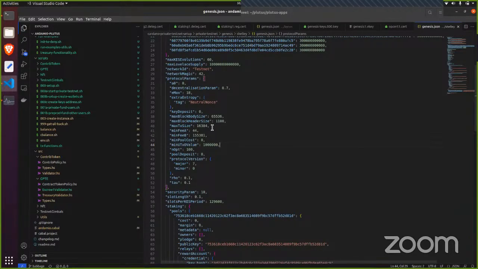Like here, min UTXO value is 1 ADA. We can change it to something else. Right now in mainnet it's the same thing: you cannot send anything less than 1 ADA. But maybe in the future, 1 ADA becomes, I don't know, $100. Imagine, that's just a hypothesis. Then we have to change it, but to what number? Because the reason for one ADA is to stop attacking the network,